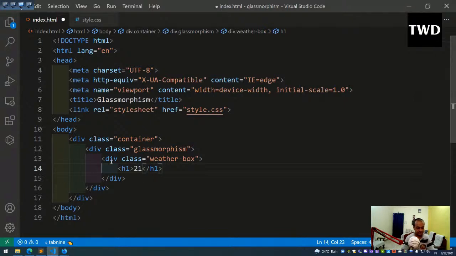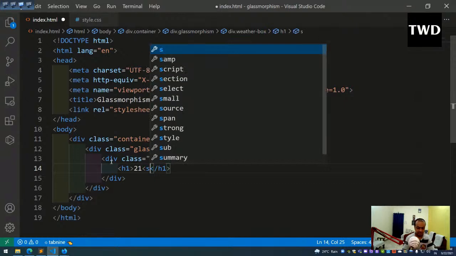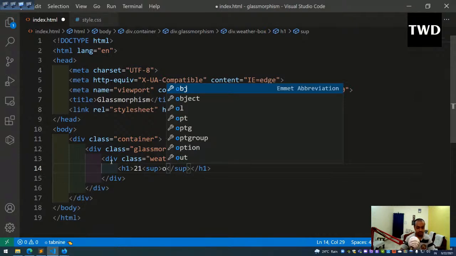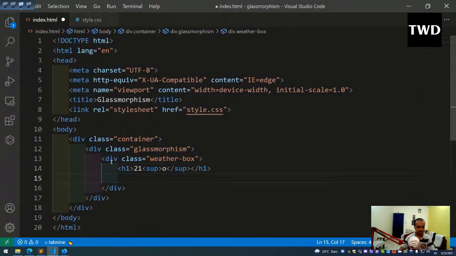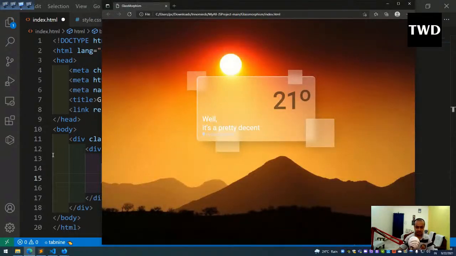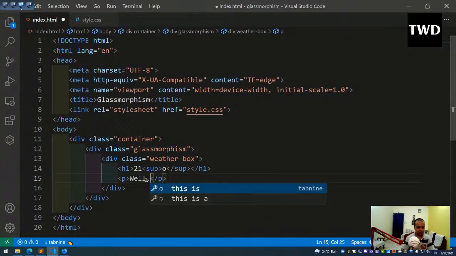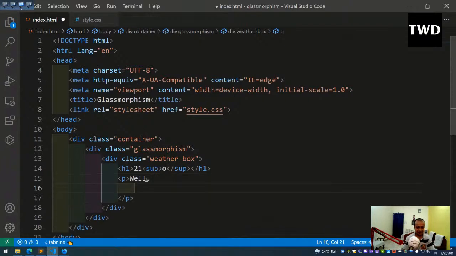21. The degree is done by sup, so sup, o. Not 0, it is o. Actually, o in sup. Okay, and then after that I'll have a p, and it will be like this. Well, I don't want these things. After this I will have a br, because I want the next thing to go on the next line. So br will be there, and then after that